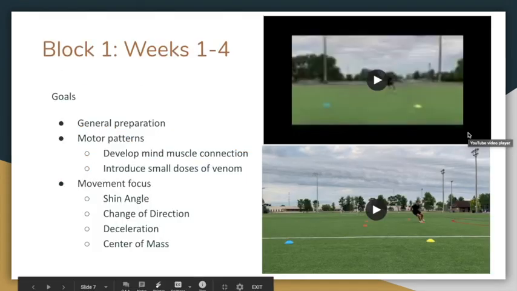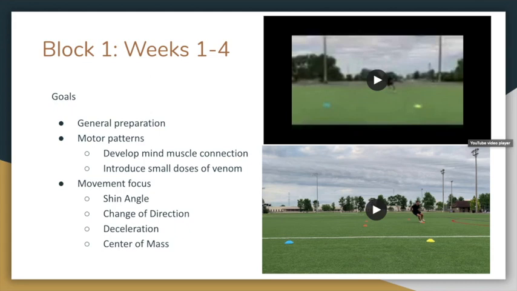We're going to set up our program in 2 blocks, with our first block being a 4-week block. So in weeks 1 to 4, our 3 goals are going to be general preparation, getting the athlete ready and prepared so that when we hit weeks 5 through 8, they're ready to get into some sport-specific movements. And what that might look like is developing good motor patterns, developing a good neuromuscular connection, and introducing small doses